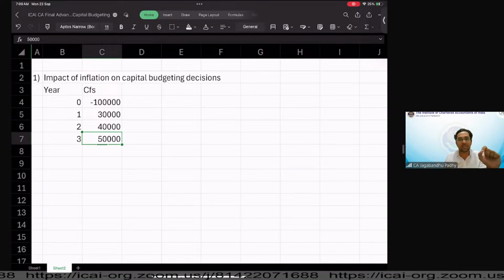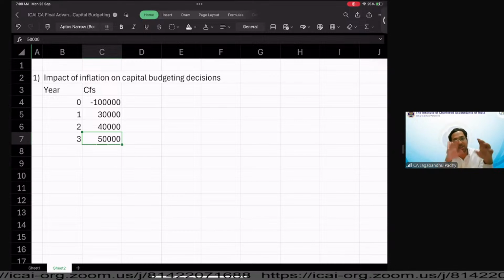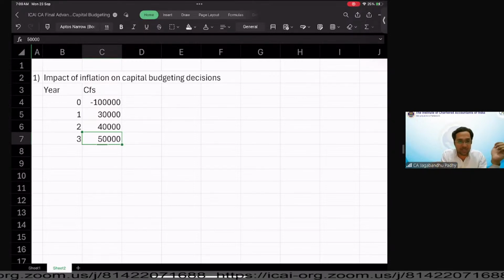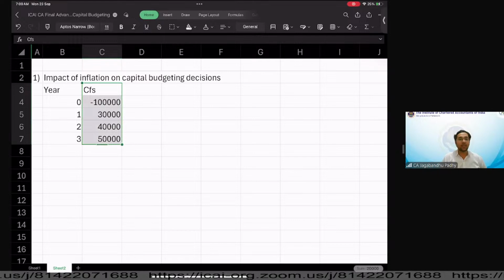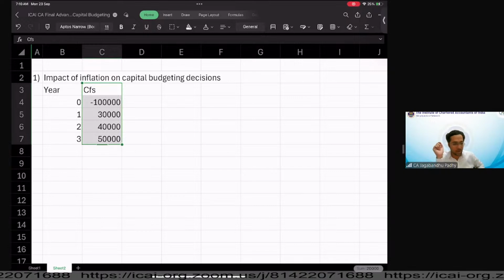Because you said in first year the product will be sold for 100 rupees. So what about the price of the product in the second year? Is it still going to be 100 rupees? Why are we not considering the inflation in the prices? So now that is what we are going to consider over here. The impact of inflation when we are doing the capital budgeting decisions. There, how do we take inflation into account when we are going to calculate the present value of the cash flows?